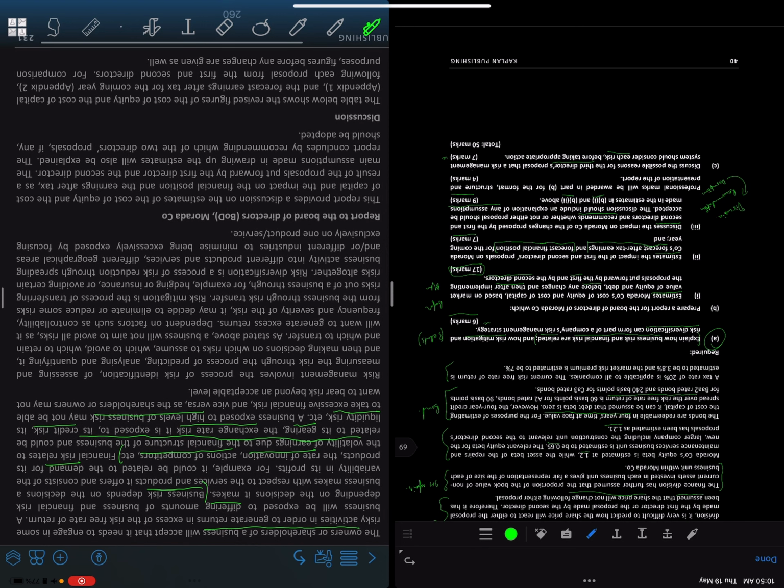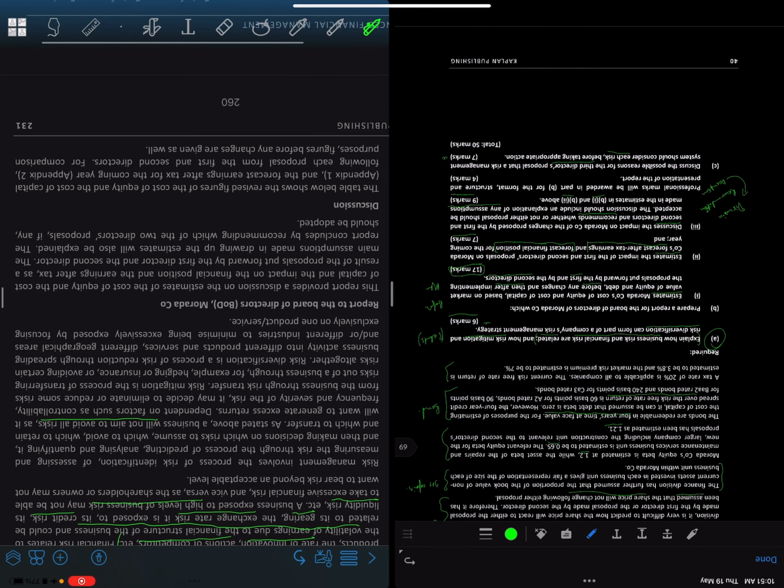So the second part is that risk mitigation and risk diversification can form part of a risk management strategy. Risk management involves the process of risk identification, assessing and then measuring the risks through a process of predicting, analyzing, quantifying and then making decisions on which risks to assume, which to avoid, which to retain, which to transfer, right? As stated above, a business will not aim to avoid all risks, as it will want to generate excess returns, not avoid all, right? It wants to generate returns in excess of it, dependent on factors such as controllability, frequency and severity of the